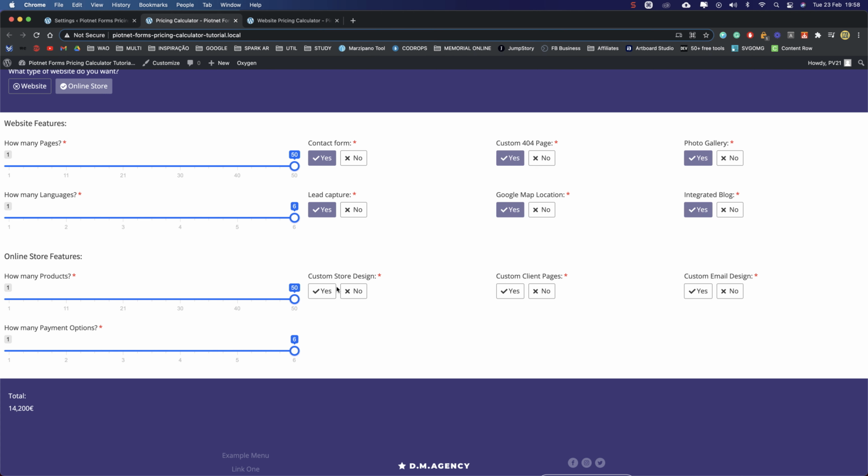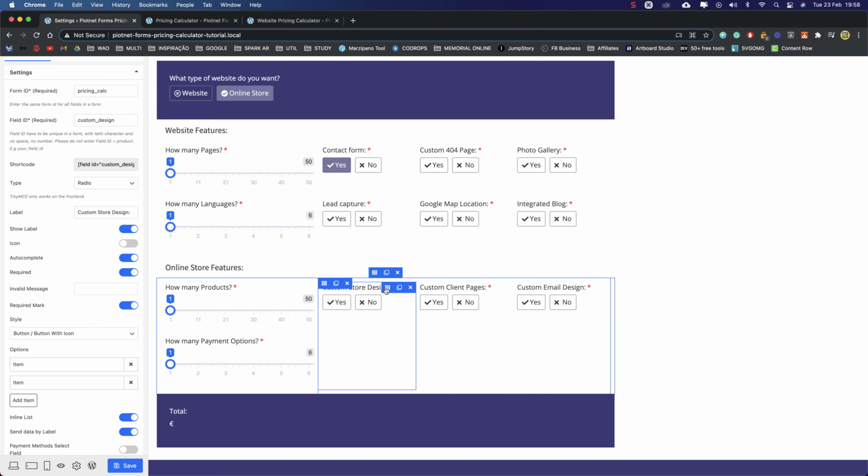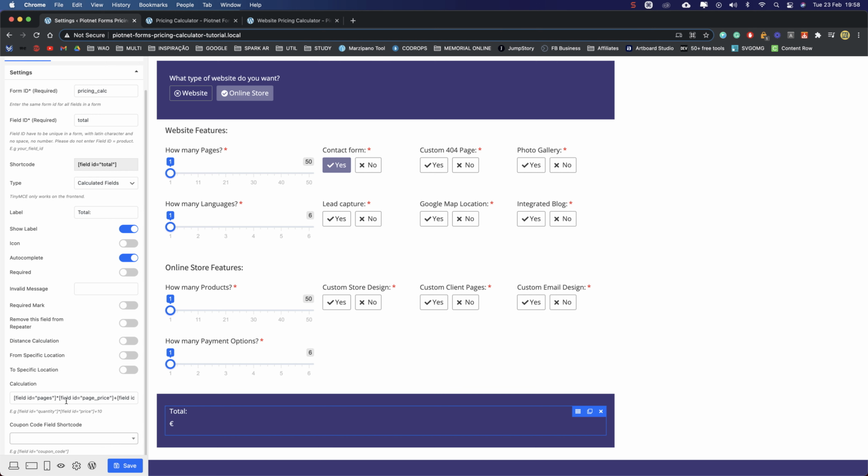Okay, we just need to add these 3 more and we are set to go. Let's choose this to see the field ID. It's custom design. This one custom pages, and this is email design. We just need one of these fields. Option, let's go to the end, add a plus sign, and it will be custom design.